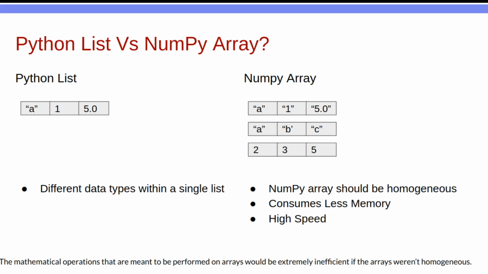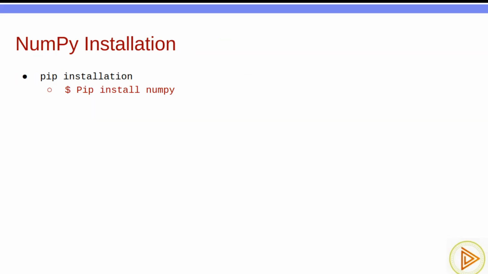Yes, we have done with the theory part. So please remember that we have discussed 4 points. One is NumPy full form is Numerical Python and it's open source in nature, and it's homogeneous in nature. Next thing, it's about its ecosystem, and then why we prefer NumPy arrays over Python lists, because of its speed and less memory consumption. Because the reason is homogeneous data types.